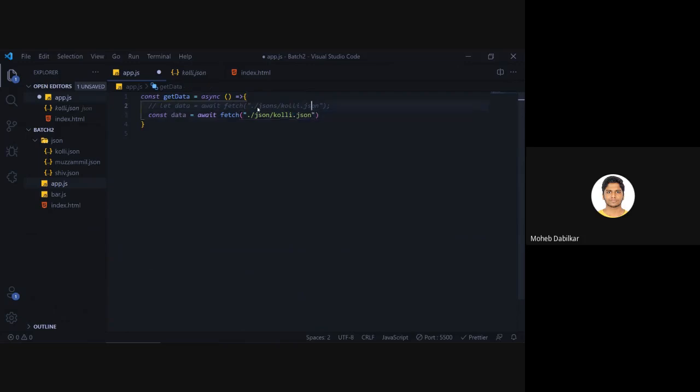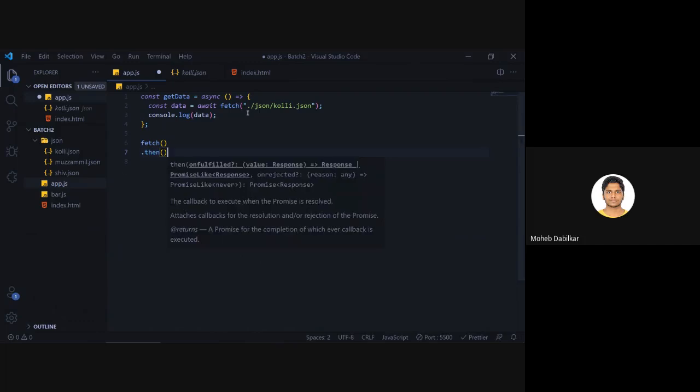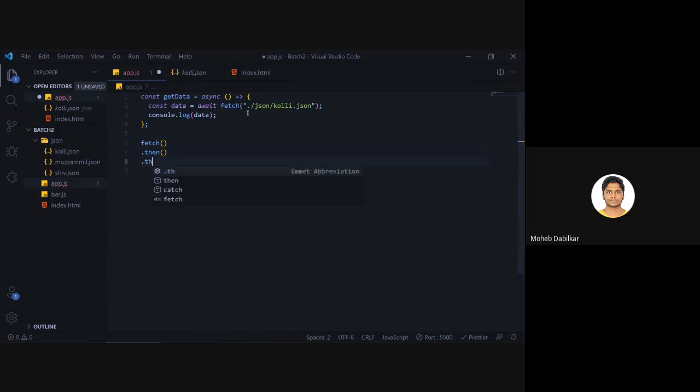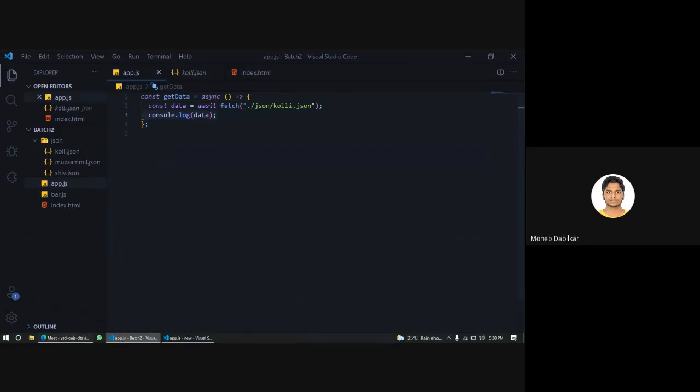Now once you get the data, you can just start working with it and do whatever you want, and it will look far cleaner than doing fetch, then another fetch, then dot then, and after that another dot then. Instead of writing 1,000 lines of code, you can do it in 3 lines of code.